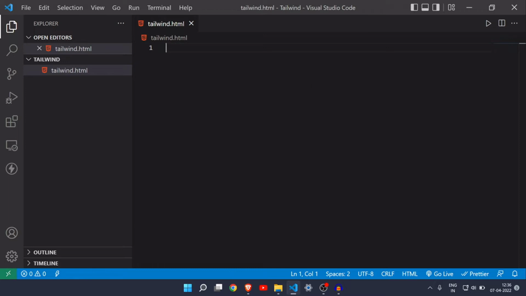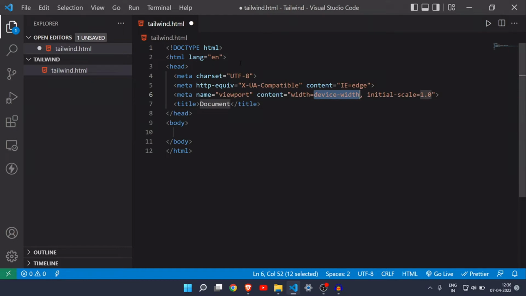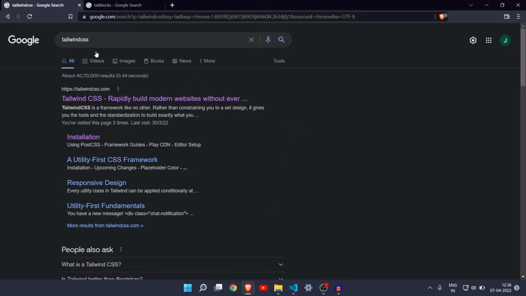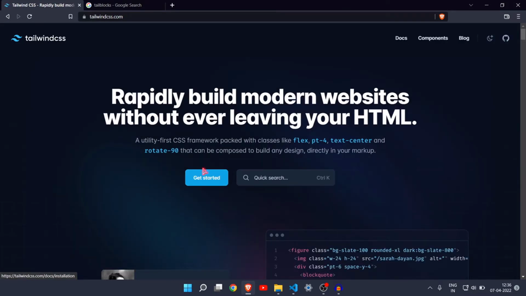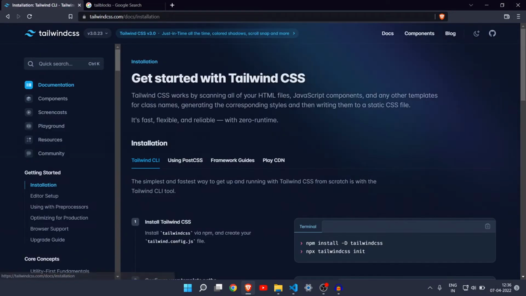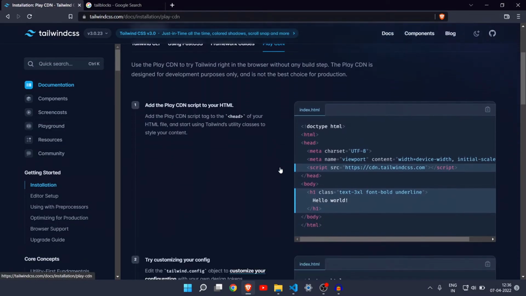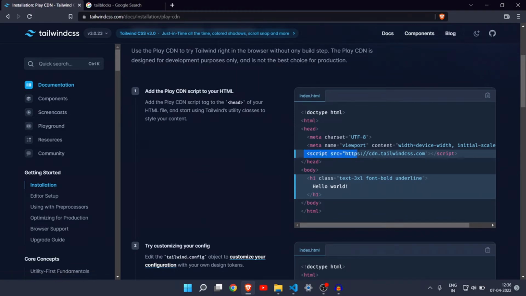Okay, so for installing Tailwind, you need to first of all add the boilerplate of HTML. Okay, this is the first step. And then come to any browser and search for Tailwind CSS and click on the first link. And as you can see, similar to Bootstrap, click on get started and click on this play CDN. Okay, play CDN, and here you can see a script tag. Okay, script tag,